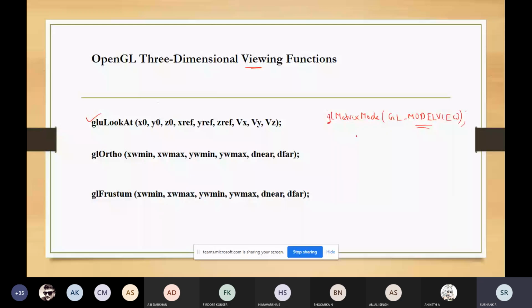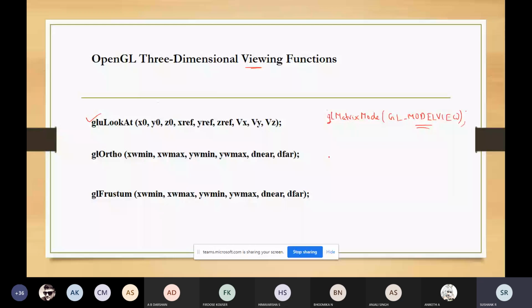So this composite matrix will then be used to transform the objects which are there in the world coordinate system to the viewing coordinate system. So this is how the process is followed. So the matrix will be formed when you're concatenating that matrix with the current model view matrix. This matrix is obtained by using the geometric transformations which we will perform. So this composite transformation matrix will then be applied to transfer the objects from world coordinate system to viewing coordinate system.